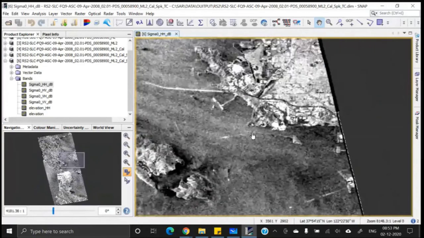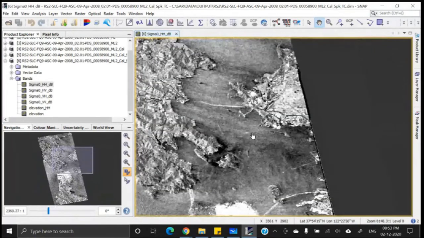Now, often for visual image interpretation, we may need to compare with optical images, because optical images are always appealing to us, and they have a specific geometry type that matches with our experience, and also the color appearances they provide are appealing to us.